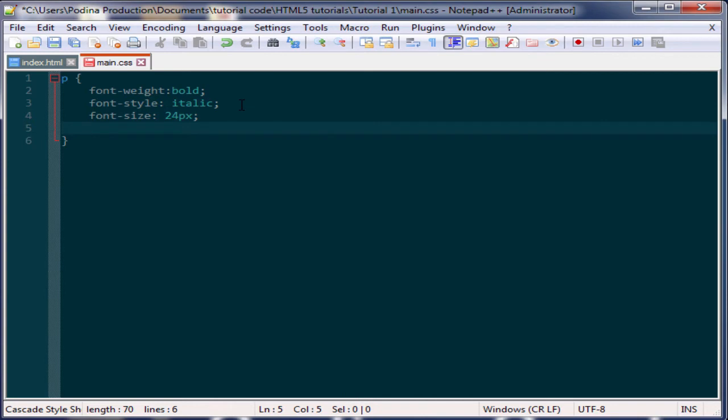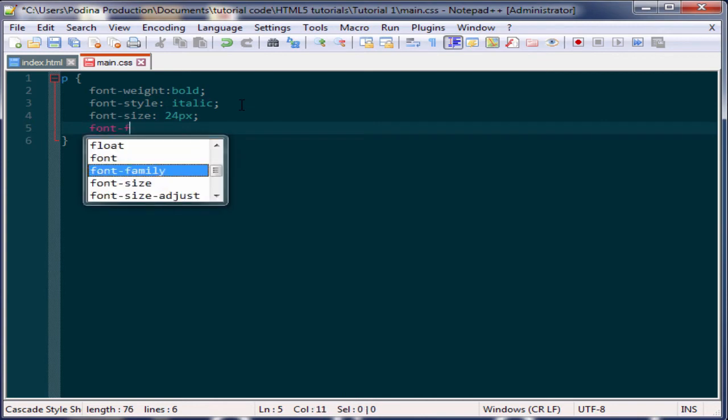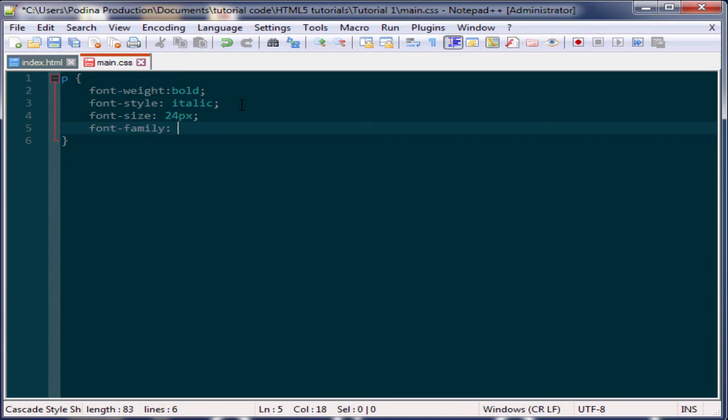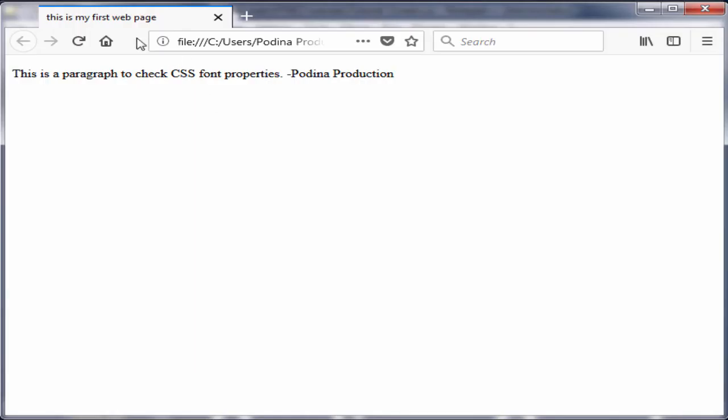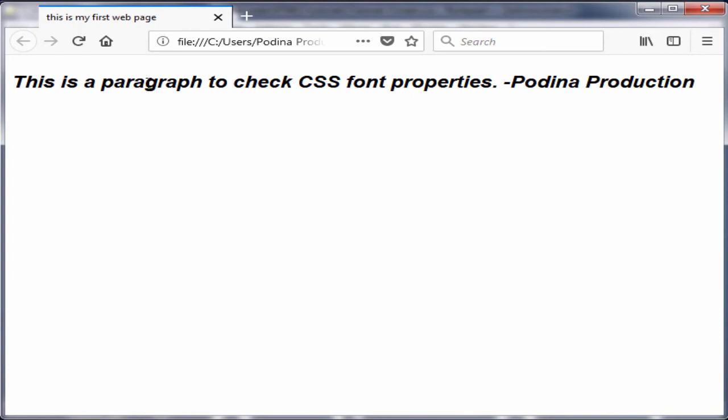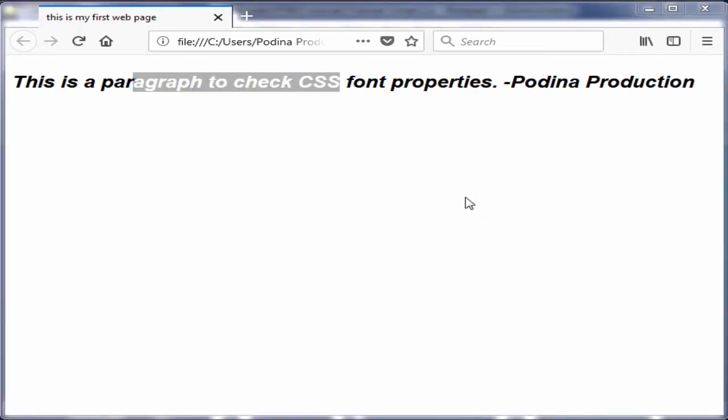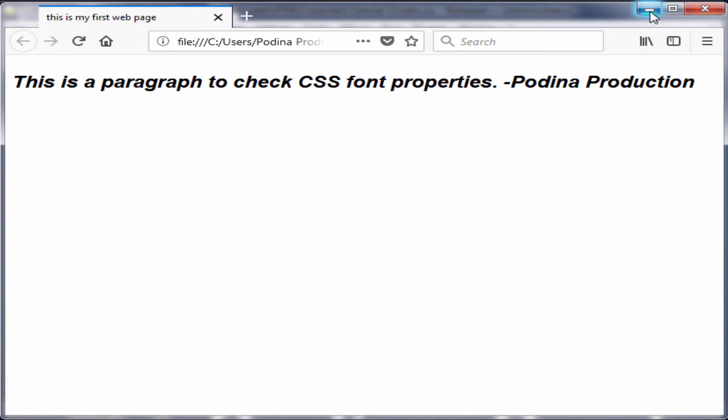Okay, the font family. Okay, and the font family is basically what kind of font you're using. So like I said, by default it's Times New Roman. Okay, but we can change this. So let's just change it to something like Arial, and you have to spell this right, unfortunately. Okay, Arial, and now it should actually pretty much double in size. So when we go ahead and click refresh, you can see the text is much bigger. Okay, so those are the 4 different properties that we can work with in CSS when we're working with fonts,